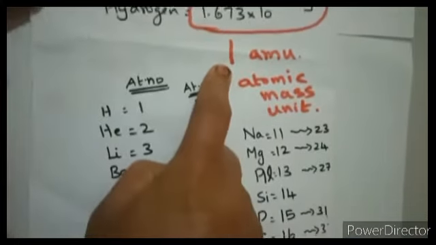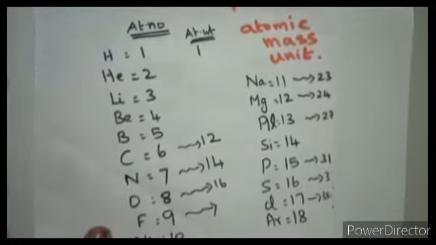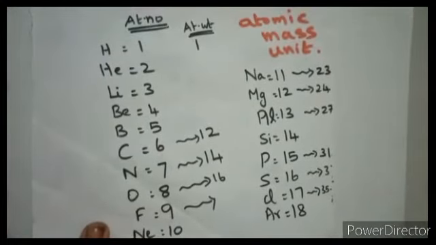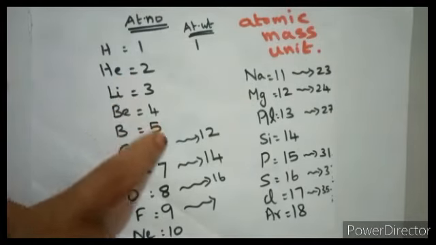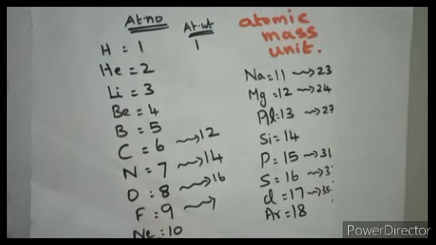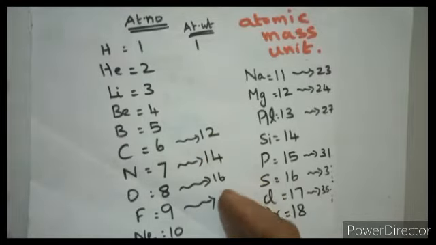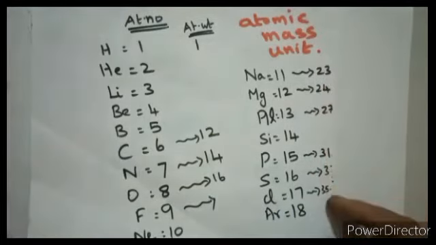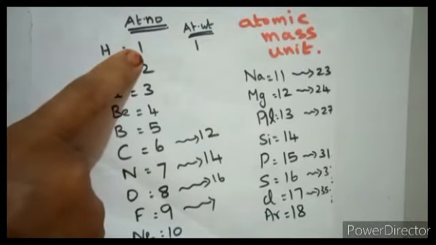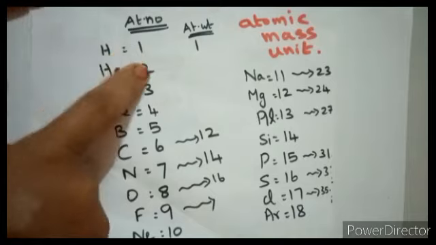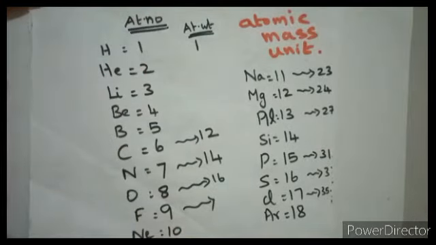I have given a table here which gives the list of 20 elements. The first column contains the atomic number, and the second column, which I have filled in for a few, represents the atomic weight. Now, atomic number is the number of electrons in an atom. It is also equal to the number of protons in an atom. And on this basis, the periodic table has been constructed.